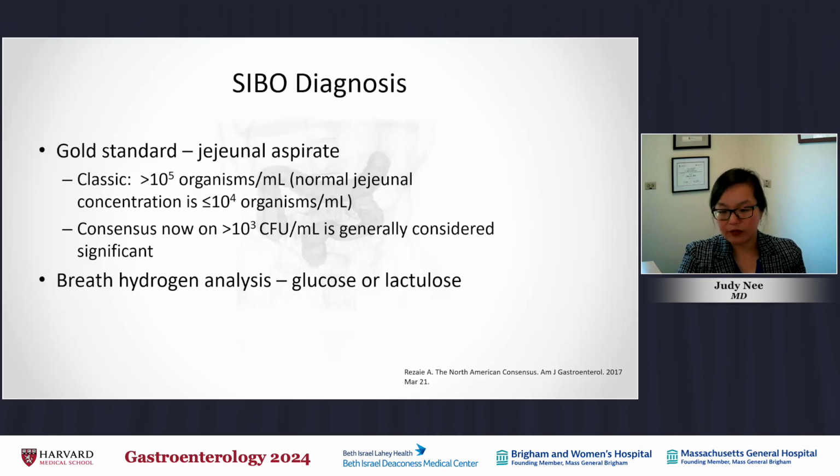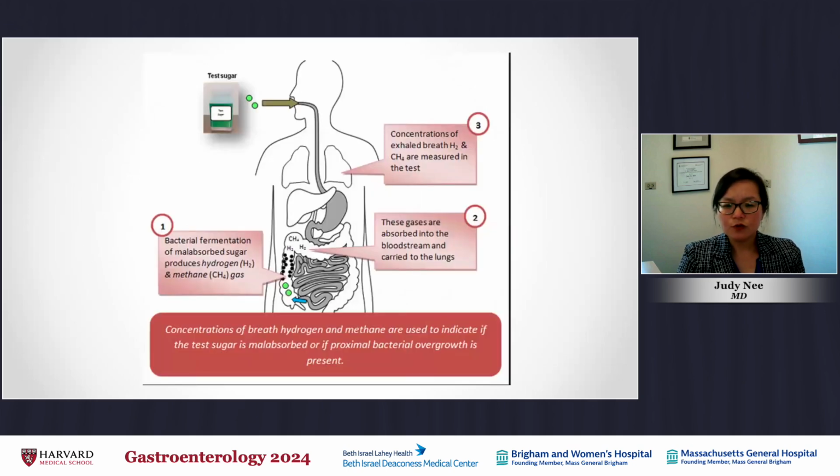So I'm going to talk about breath testing details. The way this test occurs is that the patient ingests a test sugar after prepping, and I'm going to go through those guidelines in a second. The sugar goes into the small intestine where bacteria are potentially located, and only bacteria are able to create hydrogen and or methane. The hydrogen and methane get absorbed into the bloodstream and go into the lungs. This is then breathed out by the patient into a bag that we collect every so often.